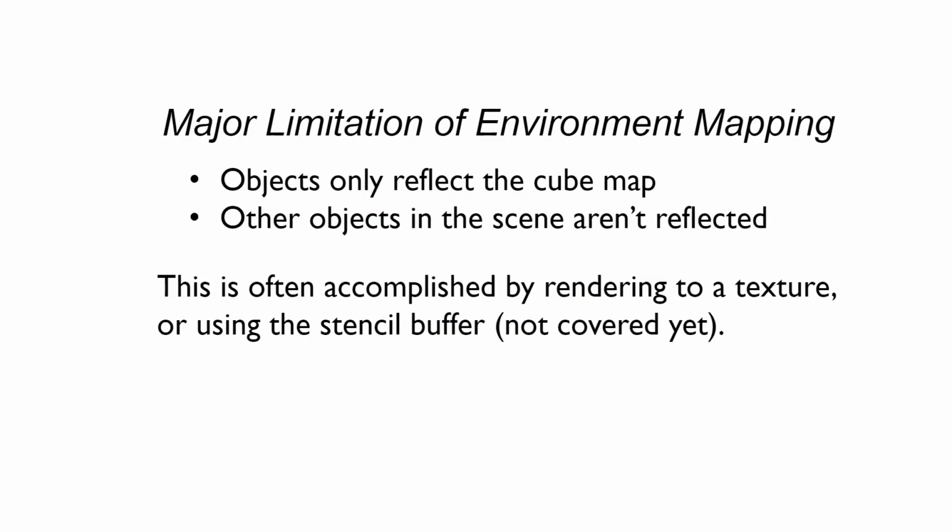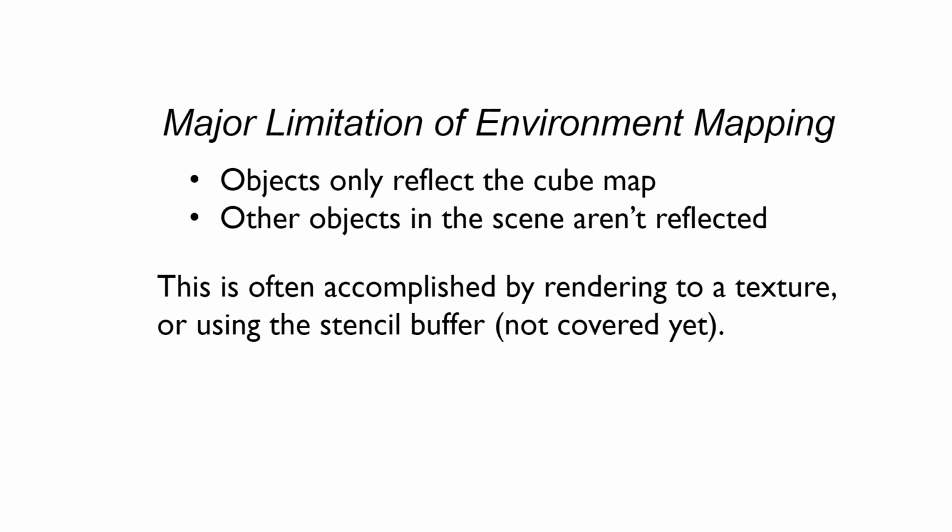So that's the general idea, right? We have an additional texture, or at least one texture that is our environment texture, which is a cube map, and you can use that in addition to other texture maps and so on. There is, and I already alluded to this, a major limitation of environment mapping done this way: because it is basically a hack, it doesn't really reflect the environment. It just reflects an image that's way off in the distance. So objects only reflect what's on the cube map. Other objects in the scene aren't reflected.